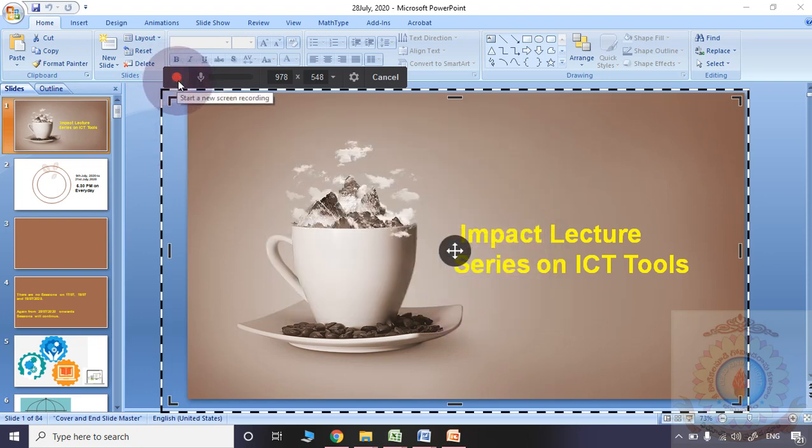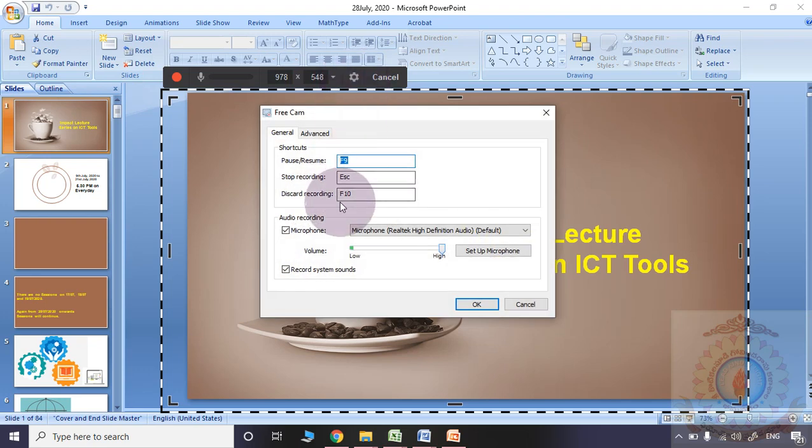Whenever I hover over that red color dot with my cursor, please observe, you see the name Start recording, Start a new screen recording. Simply click this red color dot to start the recording. To stop the recording, the escape button. To pause the recording, F9. Is it okay?